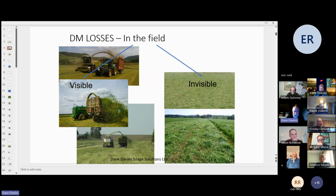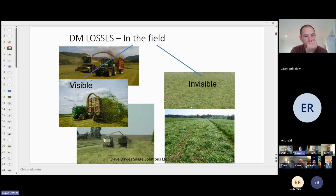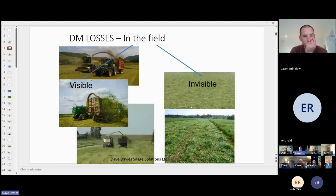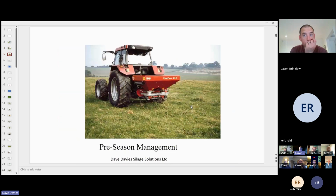So, this grass here was too dry. This is just overfilling trailers, as is this. Frequent occurrence and totally avoidable. The invisible losses are more difficult to control. And when I say invisible losses, I'm generally talking most of the time about carbon dioxide and water through various biological processes like plant respiration. So I will focus back on losses at various points during this evening's presentation, but we also need to consider